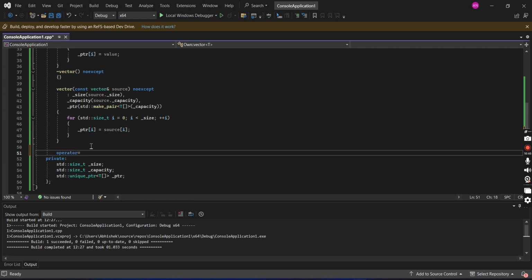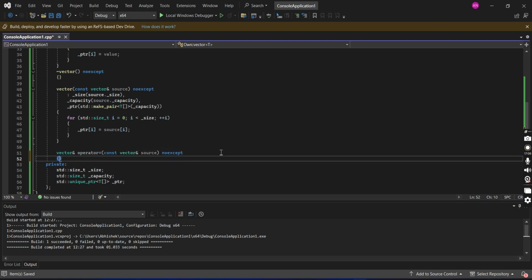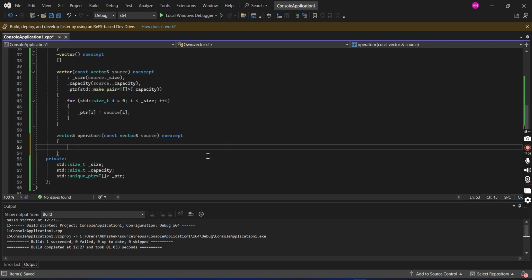Okay. So what should be the return type and what should be the parameter type? The return type should be vector reference, and the parameter should be the same as the copy constructor. So okay. Now